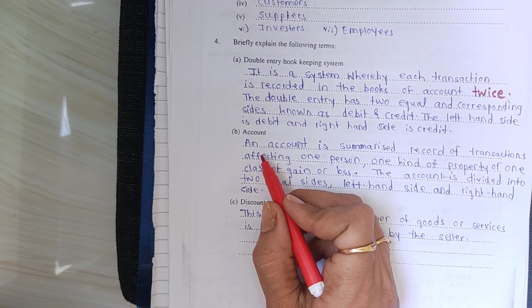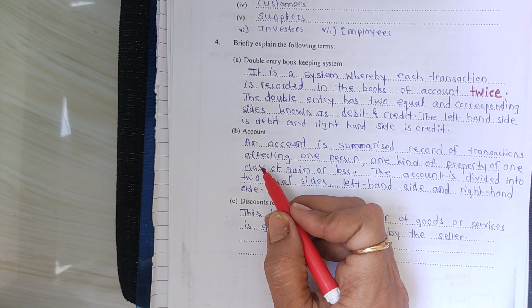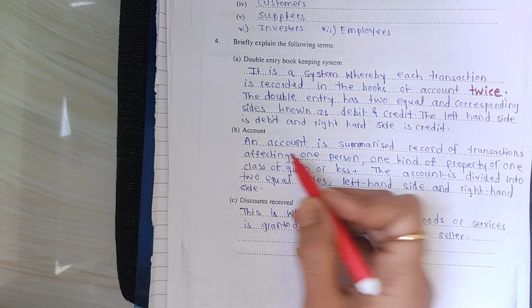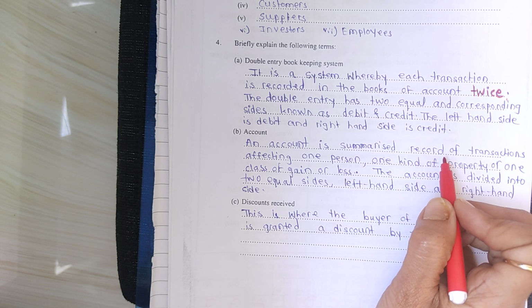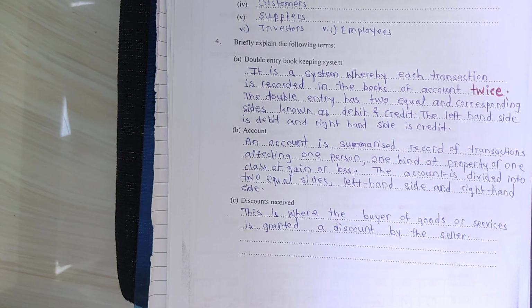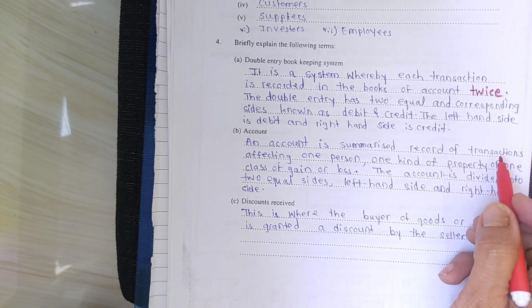B, account, or we can say ledger account. See, an account is a summarized record of transactions. Any transaction like salary paid, there will be 2 effects. One is on the debit side in the salary account, second will be credit in the cash account. So every transaction we record 2 sides, in one account, other in other account. So account is a summarized record of transactions